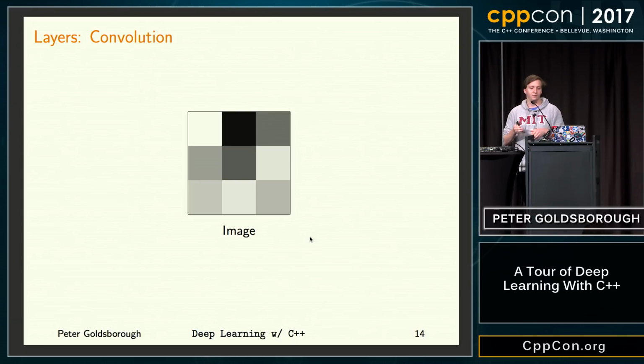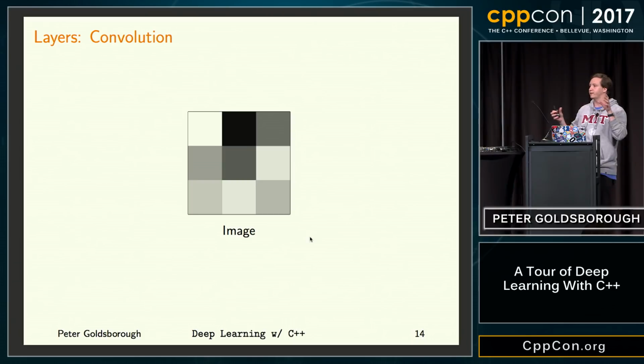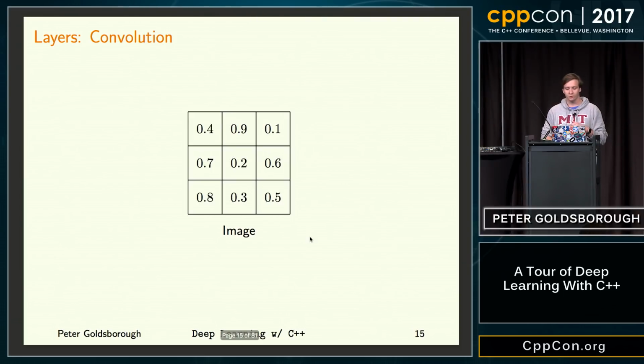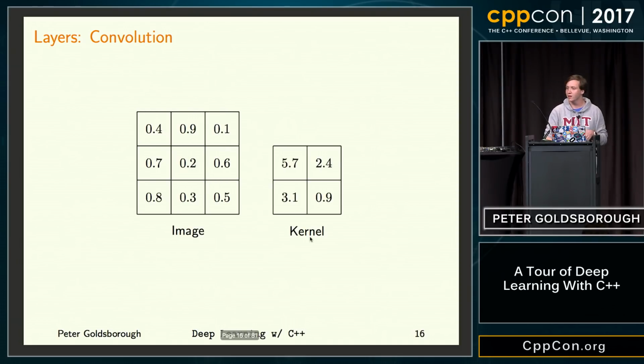So I just want to go into the mechanics of convolutions. Convolutions themselves are a very general term from signal processing that generally take 2 signals and combine them in a very special way. But let's just look at the mechanics for now. So we have this very exciting image with 9 grayscale pixels. And because they're grayscale, we can look at them as floating point values between 0 and 1. And for a convolution, we need another thing, which is a kernel. And a kernel is just another small patch with very important floating point values, which are actually learned by the neural network. So the kernel values are very important. But the act of convolution itself is quite simple.